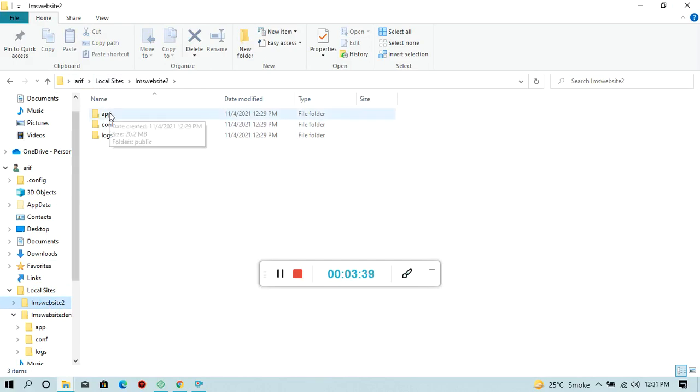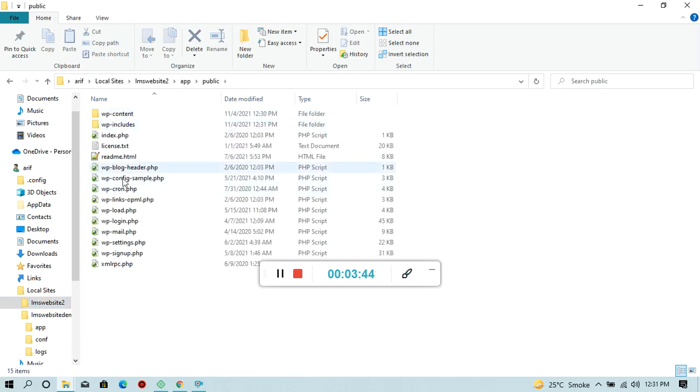And if you click here inside the app and the public, then you can see every folder and file has been installed, and one more file will have to install. So I'll teach you here step by step.